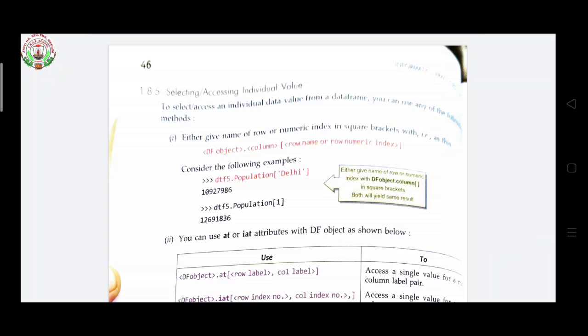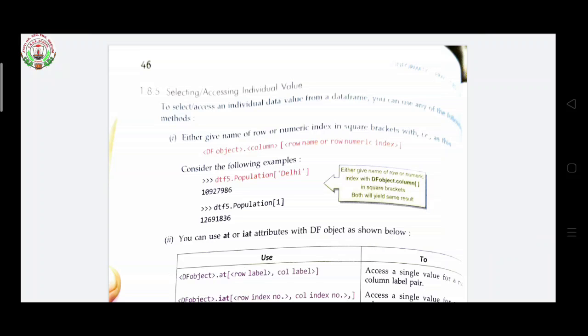To access an individual value from a data frame, you can use any of the following methods. This is the first method: either give the name of the row or the numeric index in a square bracket. We know what is a numeric index and we know what is a row; yesterday we had seen.